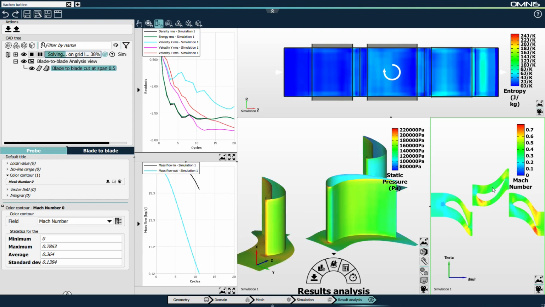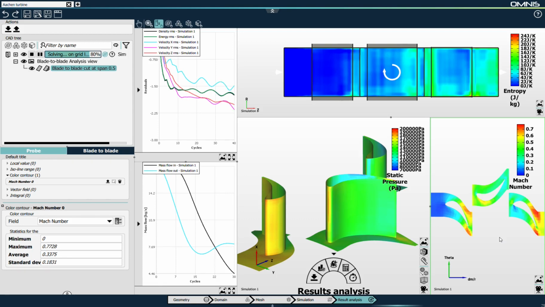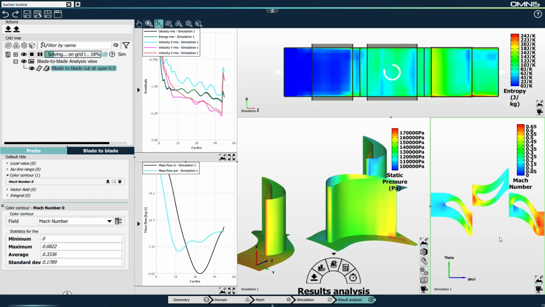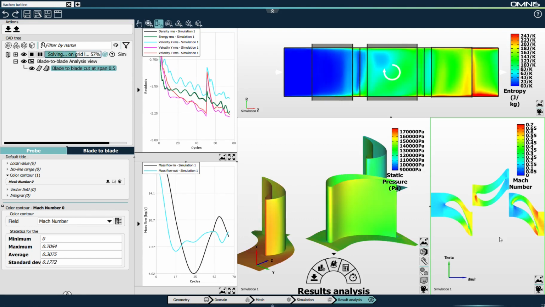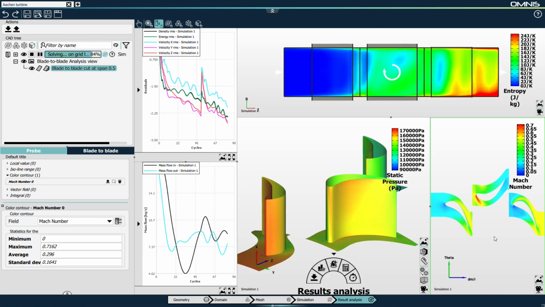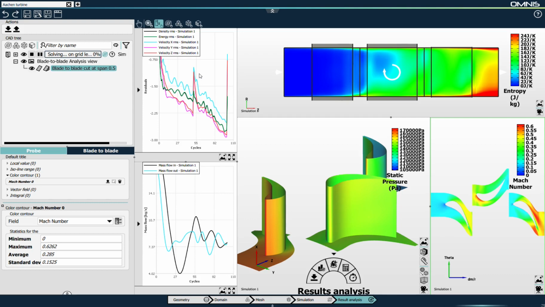Now we can look at the first set of solutions computed by the solver, and we see that the solution is not very accurate. That's expected. It's because the solver starts converging on a coarser grid level. The solver uses a multi-grid initialization strategy and starts converging on a 2-2-2 grid level, which means agglomerated twice in each direction of space, then switches to the 1-1-1 grid level and finishes on the finest grid level. Now we've reached the finest grid level, so we see that the solution gets more and more accurate with the